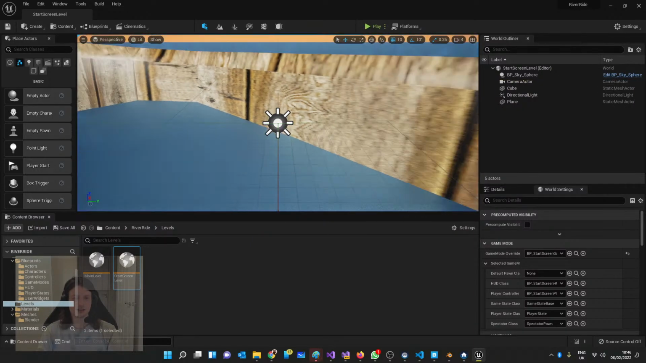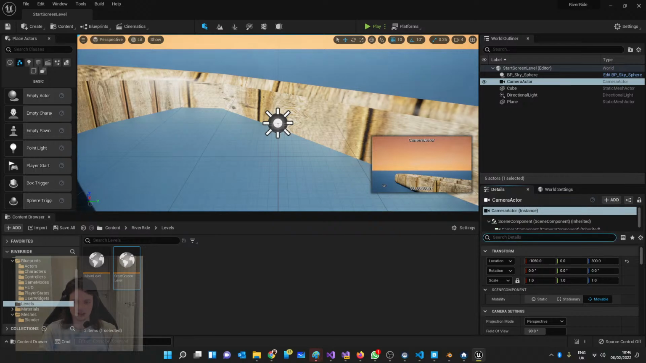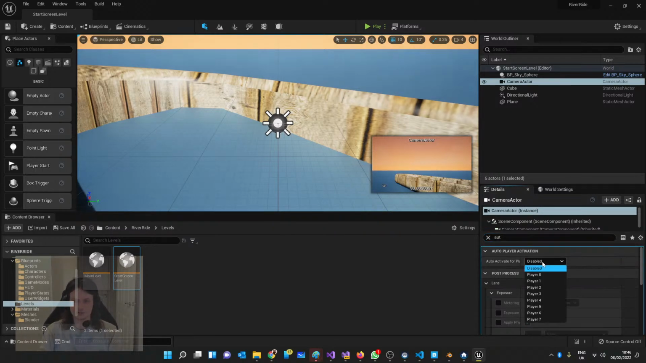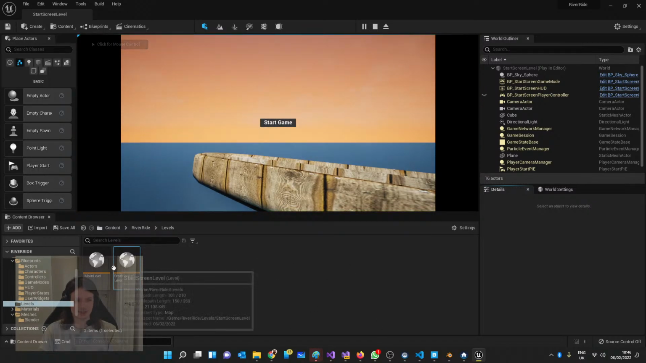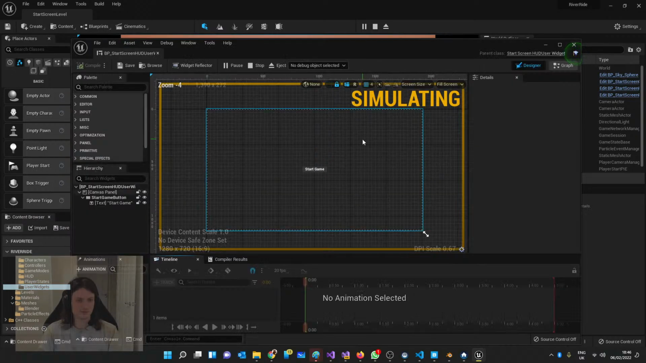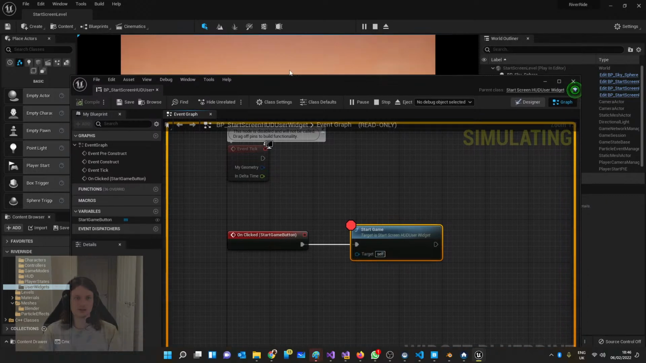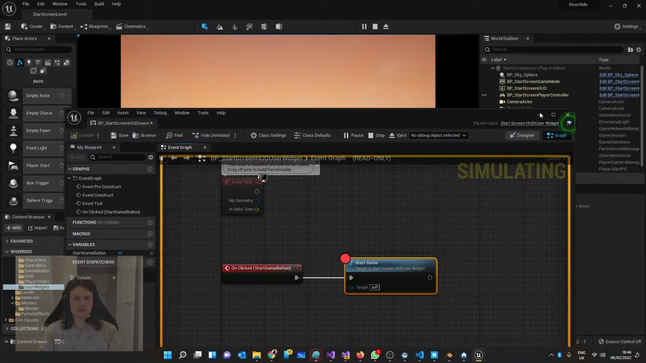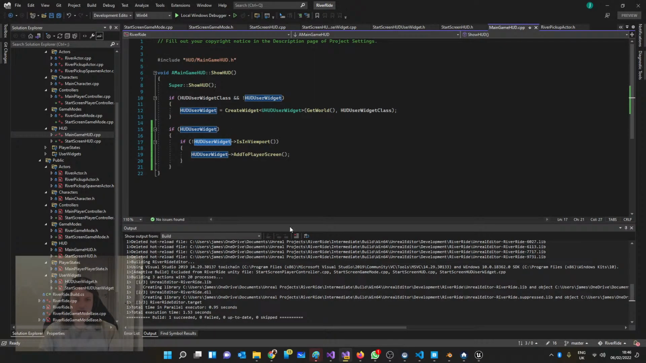Oh, and a couple of things. The camera needs to be set in the details panel to be the auto activate thing, auto activation for player 0. Save, press play, and we're in the game. And just to show that is that button. If I go to the user widgets, start screen, if I go to my graph and I toggle a breakpoint here, if I now click this button, it runs this code,